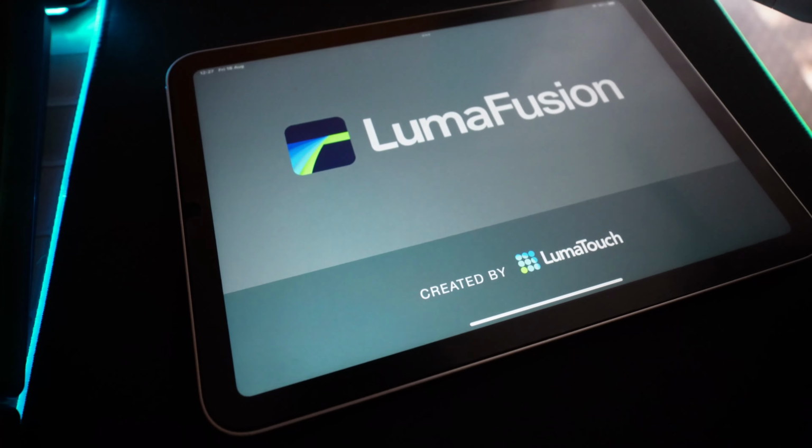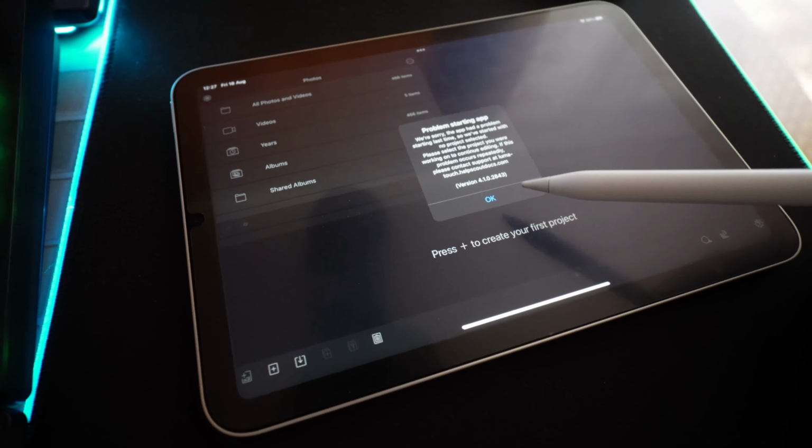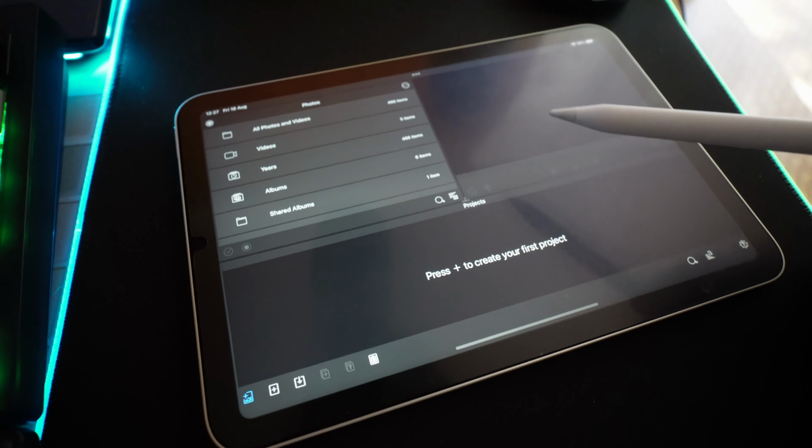Of course, let's not forget about the power of this iPad, because this iPad has the power of the A15 Bionic chip, which was placed in iPhones before. So this iPad is pretty powerful, but I would not recommend you to use applications such as DaVinci Resolve or Final Cut on this device, because first of all, the battery will not hold up well enough, because the thing is